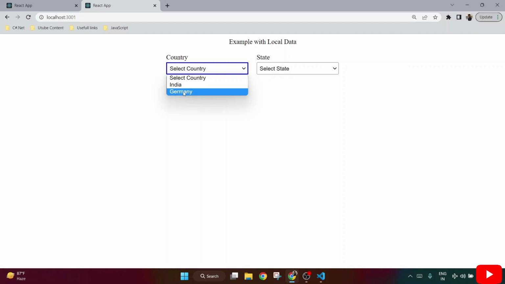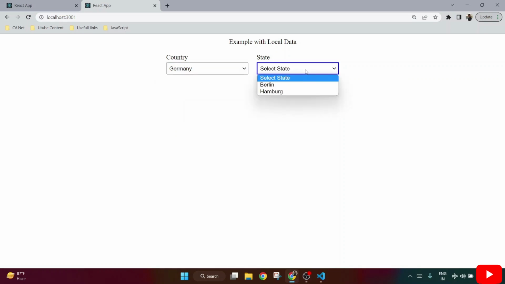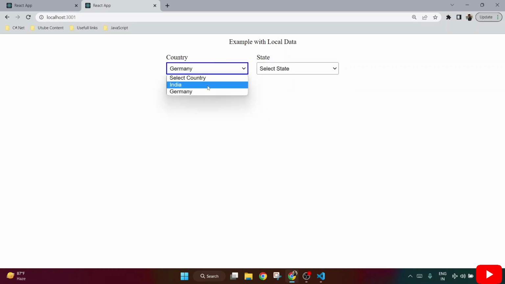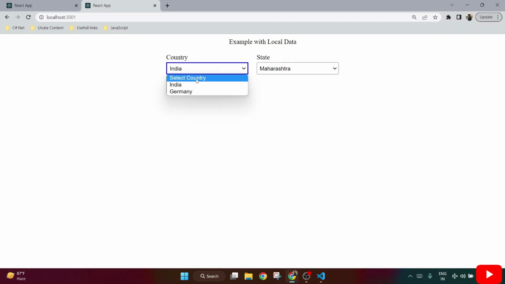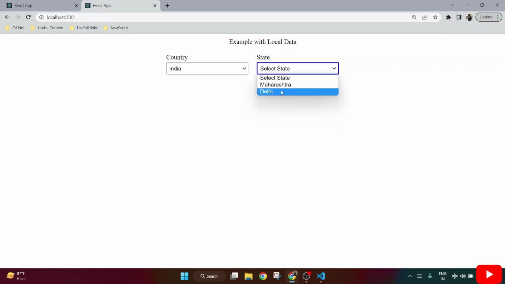Try to change the country as Germany. Now check the states are updated: Berlin and Hamburg. Now update the India and check Maharashtra and Delhi. If I click on select country, it is updating as select states. If I change to India, it will show Maharashtra and Delhi. Okay,